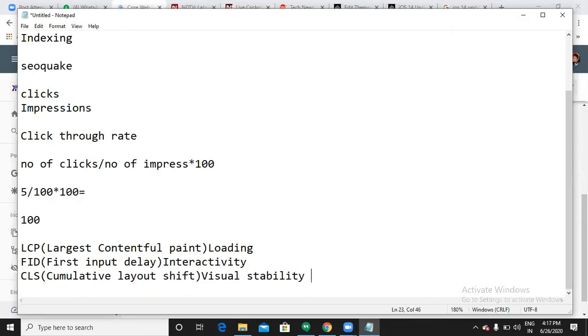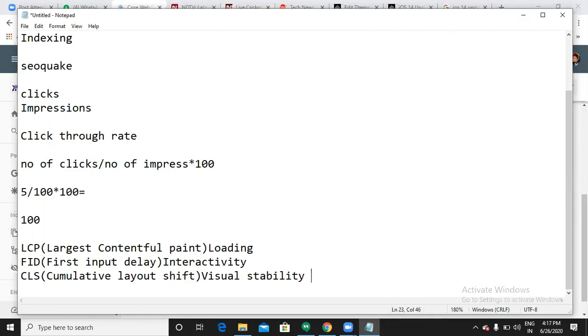Let me show you. LCP means when someone opens your website, say Sumiti is searching for a Dizzy course. If my website shows any kind of splash screen, or displays any loading indicator, what does it mean? It is taking much time to load the largest content on my website. So the user faces loading indicators, which is a bad experience from the user side, right? If users face this, people will not show interest in opening your website, because it is taking a lot of time.